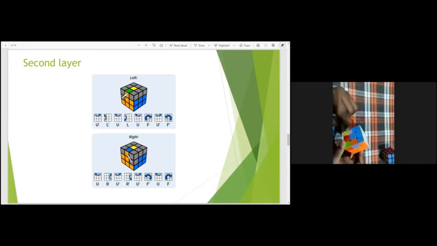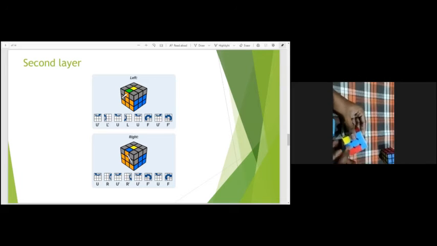Then we have to fix this one. In order to fix this one, we are going to place one piece temporarily over here. So I'm going to place this one over here. To fix this one, I'm doing the general move. Yeah, now we got that orange and blue piece over here. Look, it's here, the orange and blue piece.